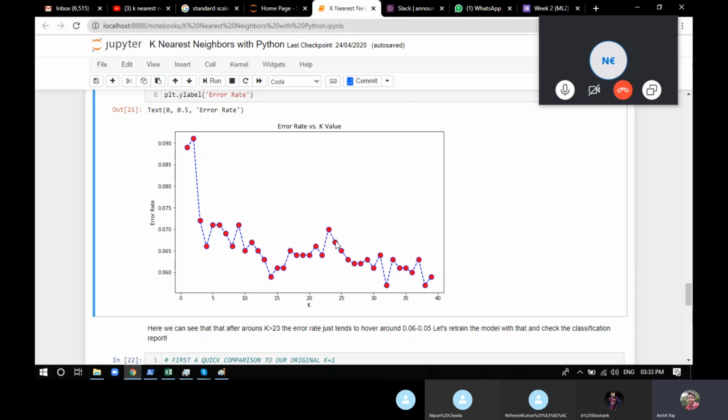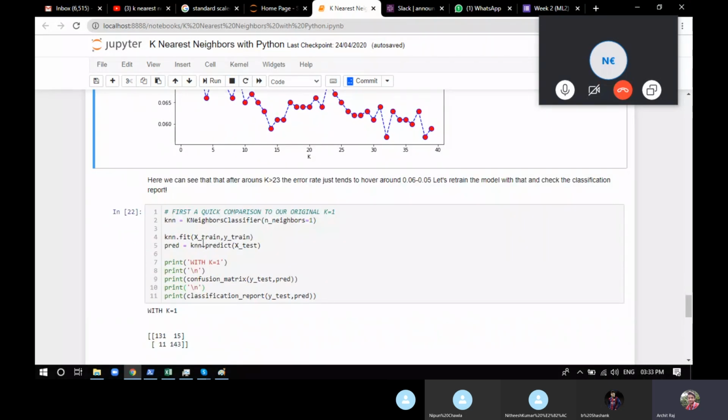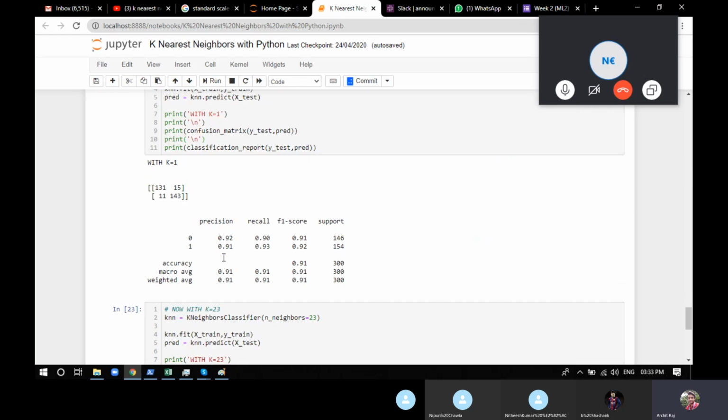You can go for 24 also, 25 also. There's a chance you can go for 30, or 32 also. But the rough approach is to find a point from where the error rate doesn't go crazy somewhere else, and just stays within one threshold value or one range. From 23 you can see it stays between 0.60 and 0.60, in that particular column only. So we take k is equal to 23.